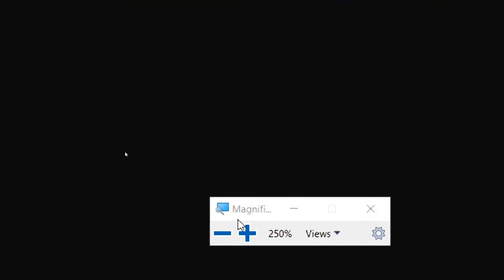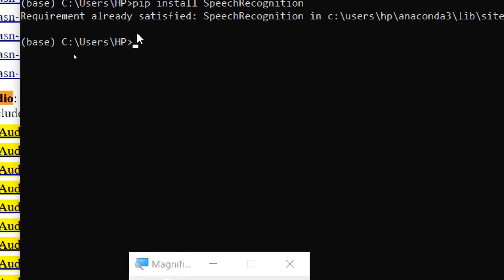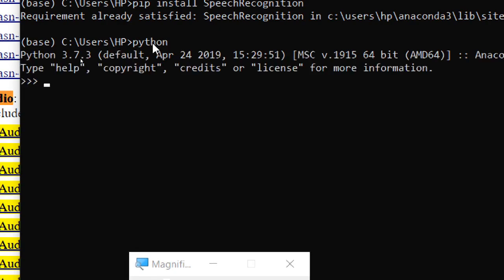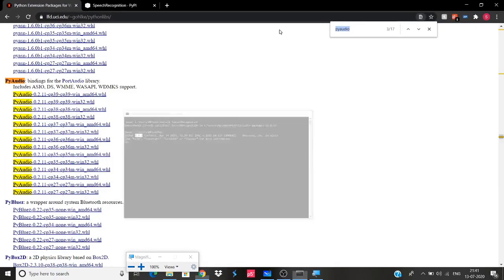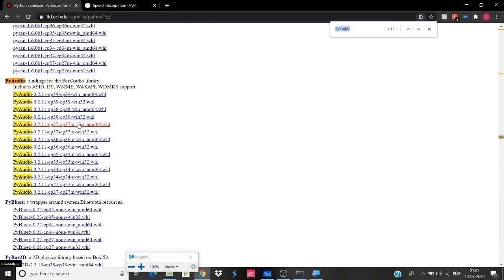We'll just type python and press enter. So our version is 3.7.3. Okay, so we are able to get our Python version now, and we will see 3.7.